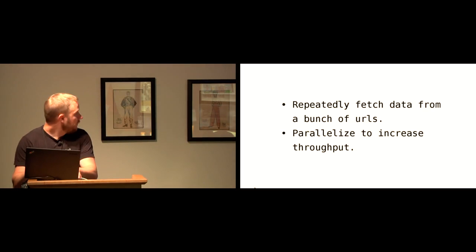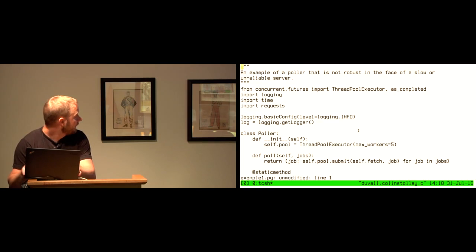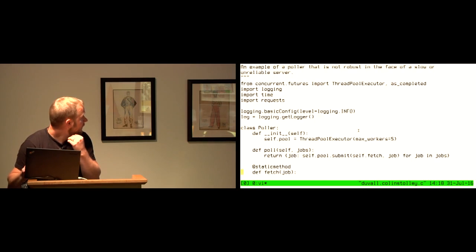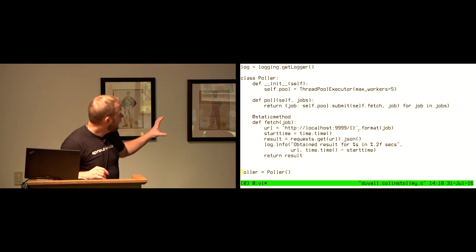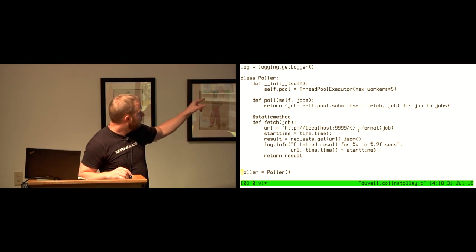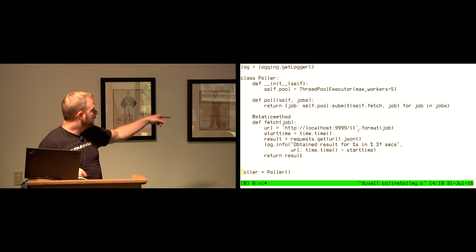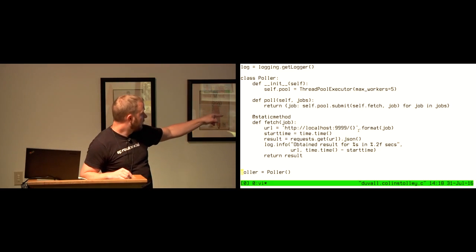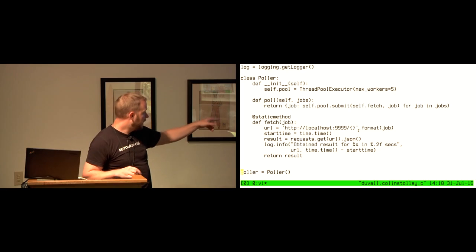So let's take a look at the code really quick. Just to give you a sense of what we're up to here. I hope this code is reasonably straightforward for us to see. The idea here is, again, we're setting up a thread pool. We're going to basically dispatch a ton of jobs into the pool, and each job is basically this fetch method. The fetch method is going to build a URL, it's going to do some timing calculations, but ultimately it's just going to bottom out in this